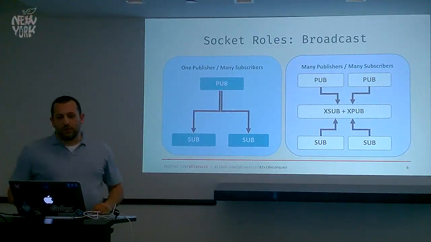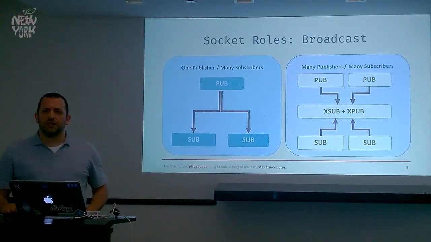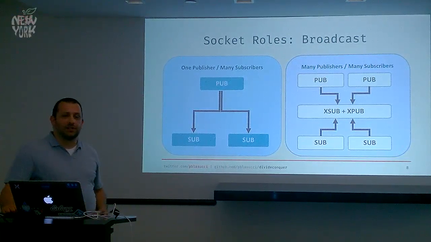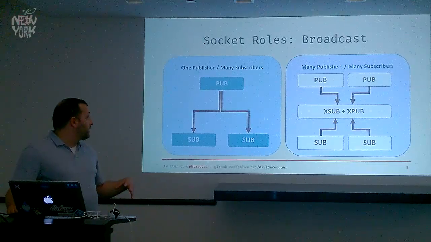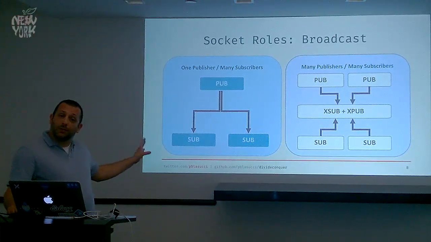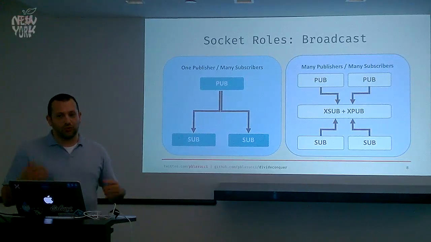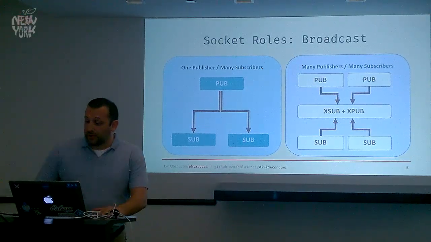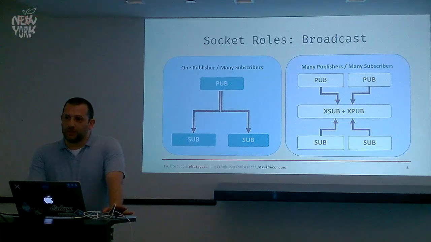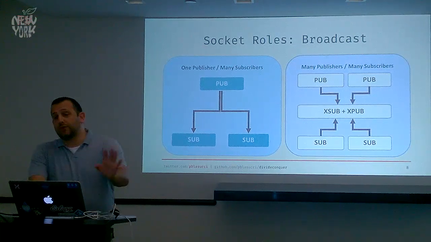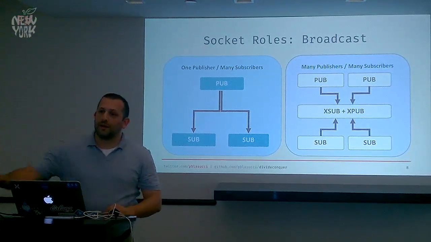We won't actually see an example of XPub and XSub in this talk, but it's good to know about. We also really won't see an example of router and dealer, or rep and req, because they don't fit our model. When we get to our actual example, we'll mix pub sub and router dealer, because it turns out those are really the four roles you spend most of your time with, because they do a lot. Questions?